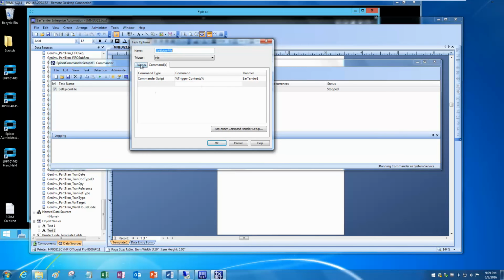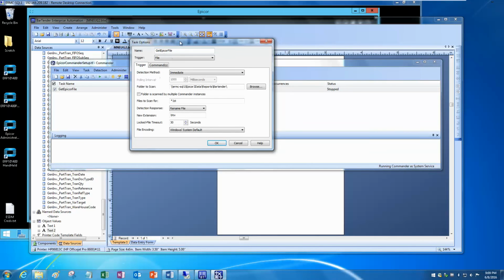If you have to set up a new one, I just call this get Epicor file. It's a file trigger. You tell it what folder to scan. So you can see here, I was browsing to the location where the files are. It's going to scan for star.bts, then it's going to rename it to btw,